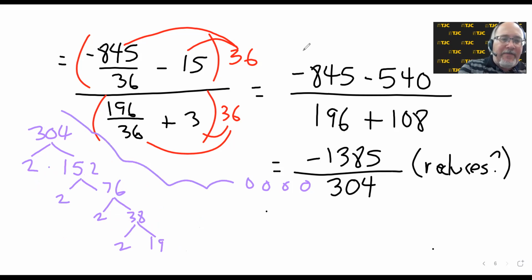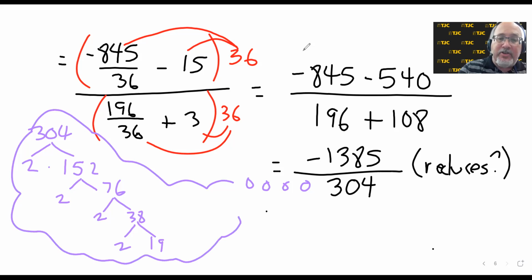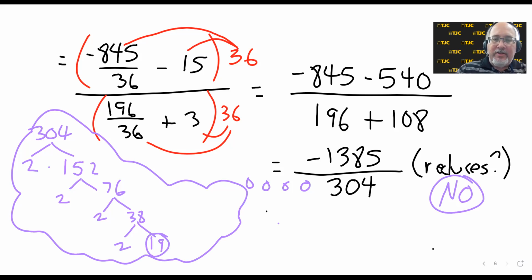The 1385 on top won't reduce by 2. So the only other factor that remains that it might reduce by is 19, and I doubt it will. 1385 divided by 19. Nope, it doesn't. All right, so the answer to does it reduce is no. So what the heck is the answer to our question? What was the question? We were looking for